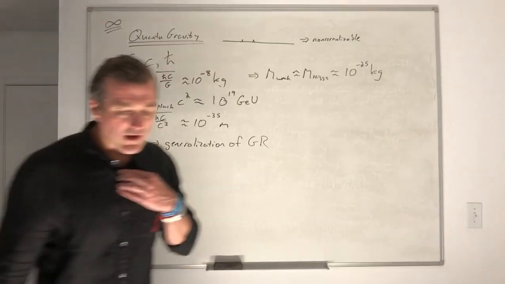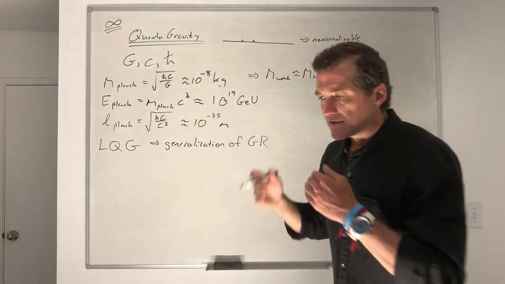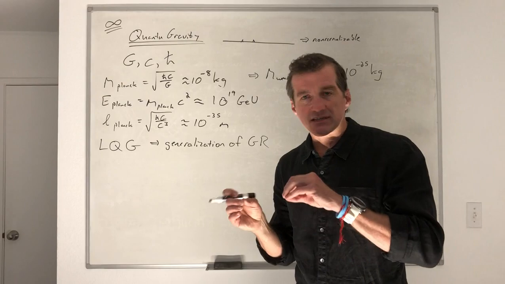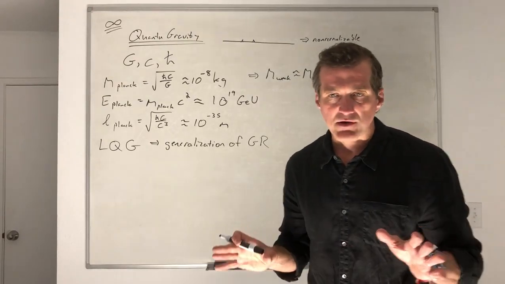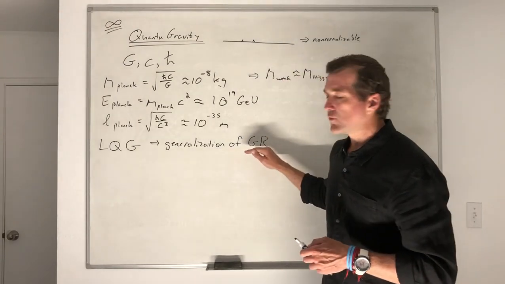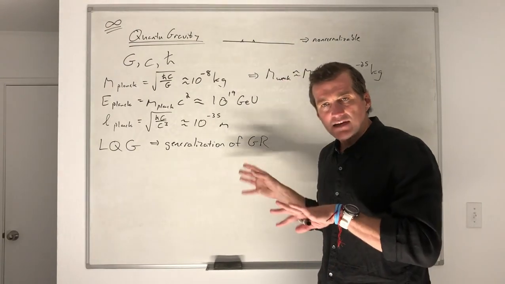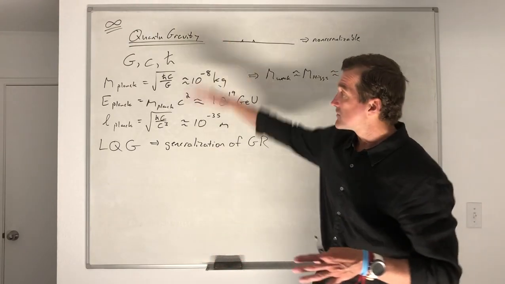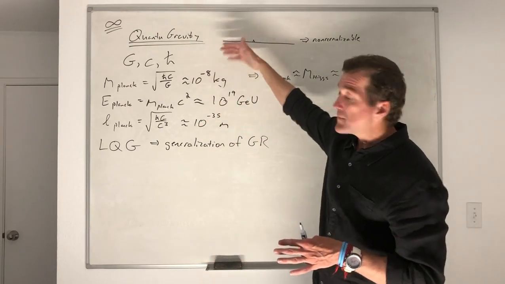So what loop quantum gravity does is it takes general relativity and it modifies it just a little bit. And I'm not by any means an expert in loop quantum gravity, but I do know this. It starts out with GR and changes it a bit to render it finite, so that you don't have this,